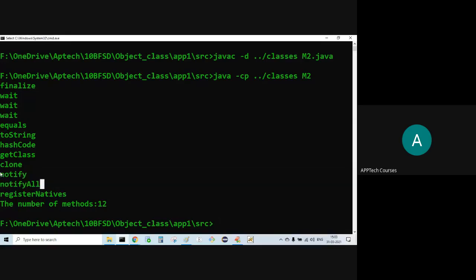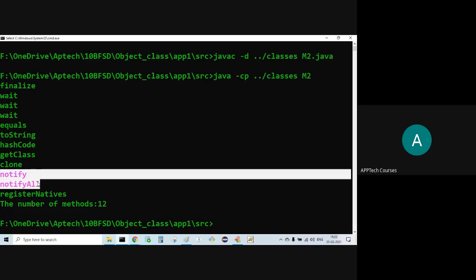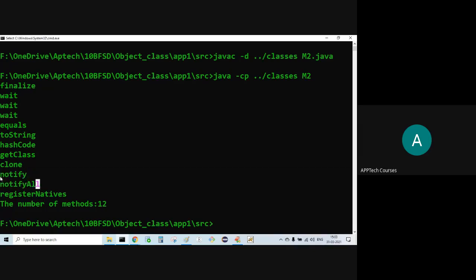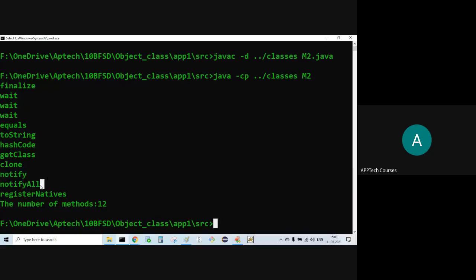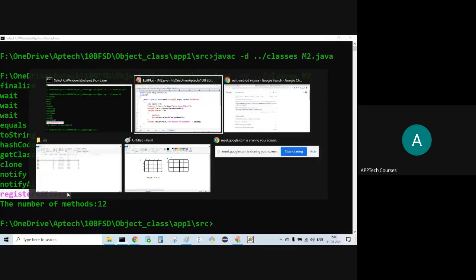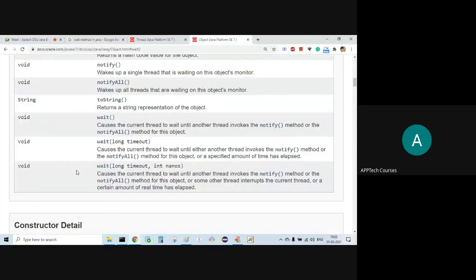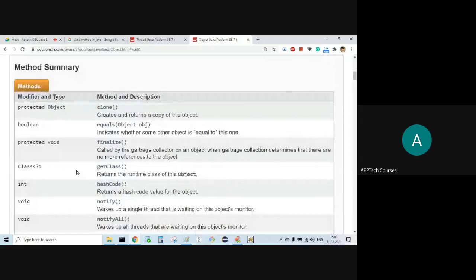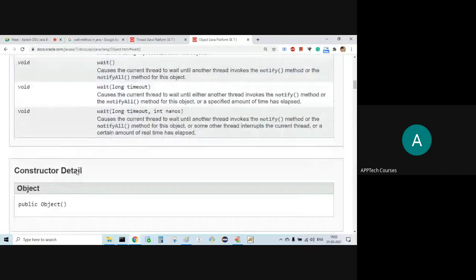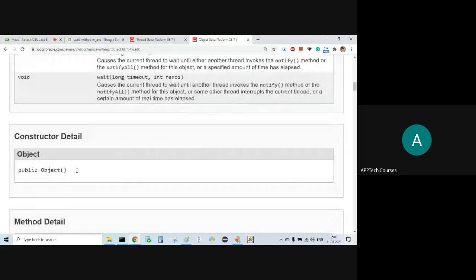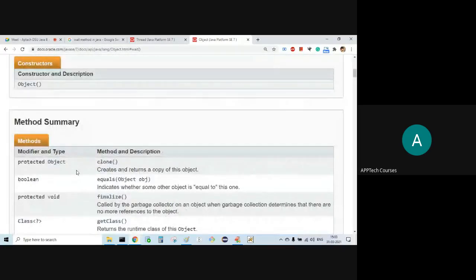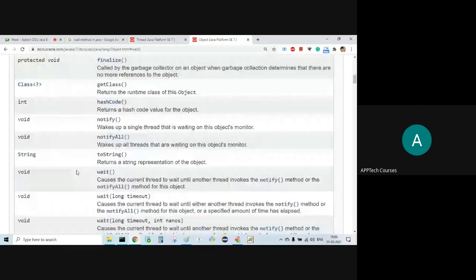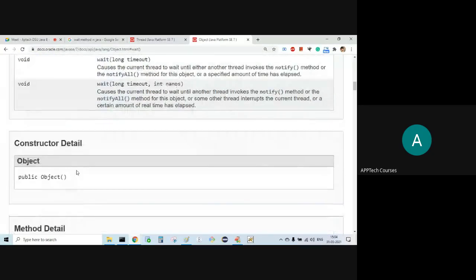Notify and notifyAll, these two are also thread related. Now registerNatives is there.